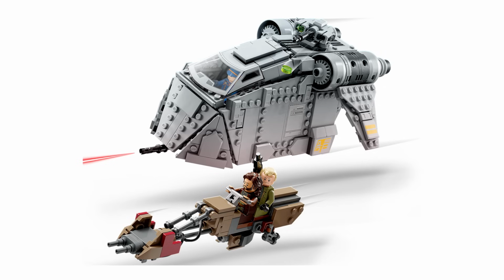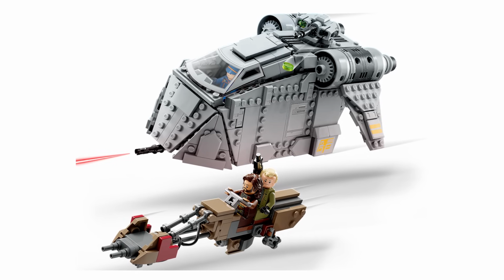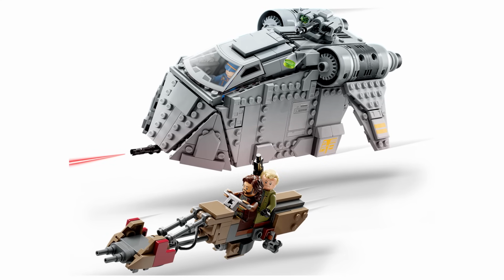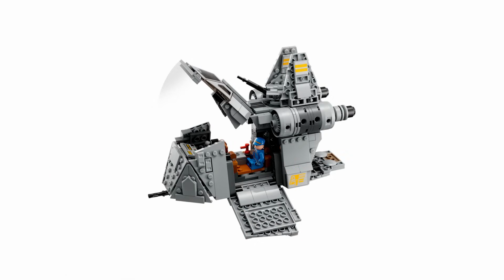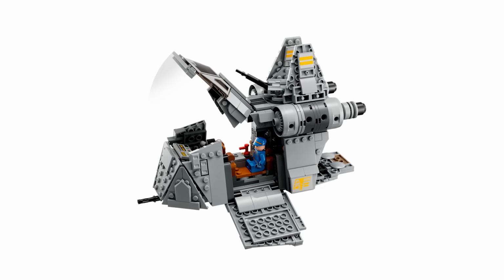I think the angles that the designers did on the front of the ship look amazing. They all come together so perfectly. The cockpit piece uses what is essentially a Speed Champions car piece and looks awesome. Just love the curvature of it and the great print on there. The cockpit inside has some nice detail for your control panel, and then you actually have a lot of seating